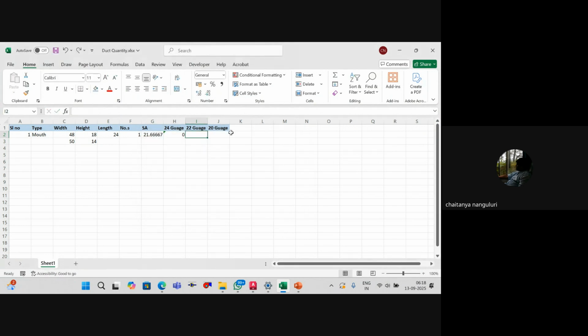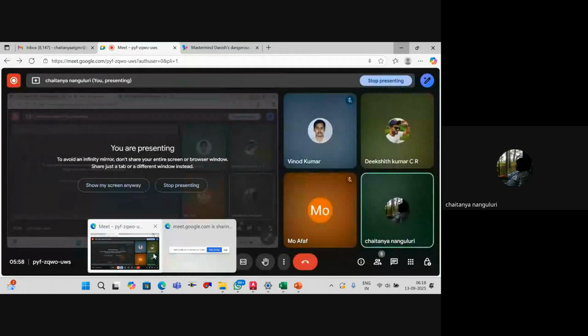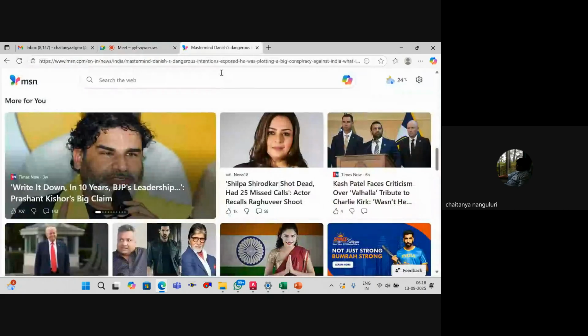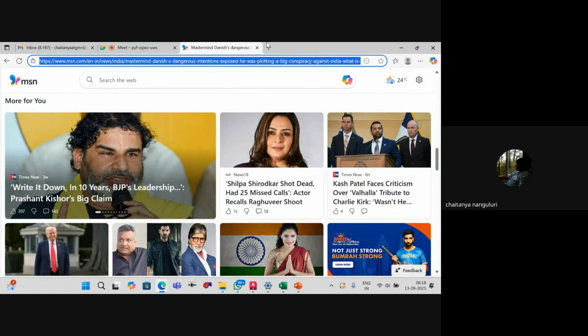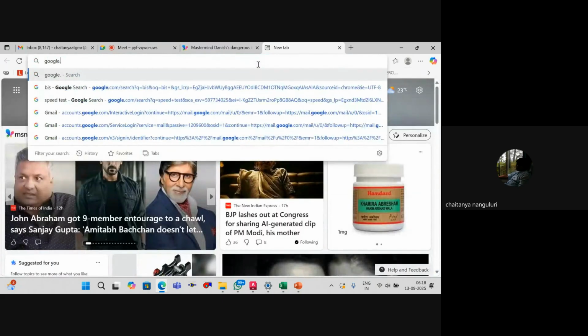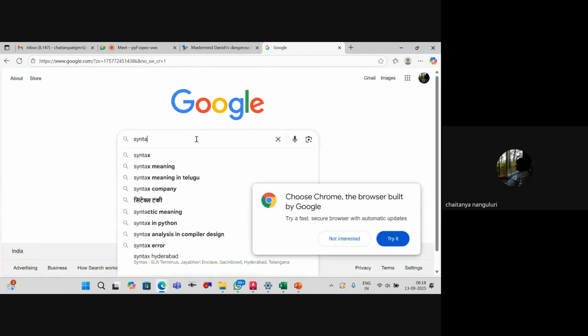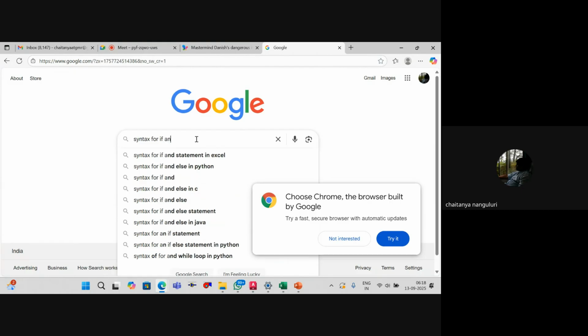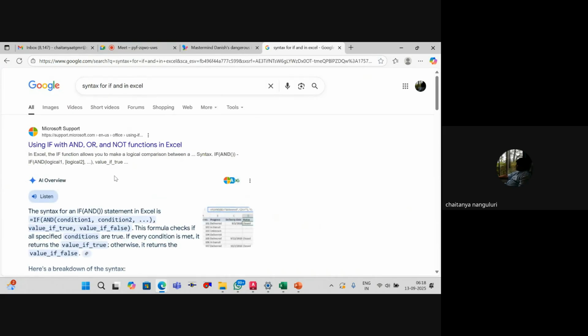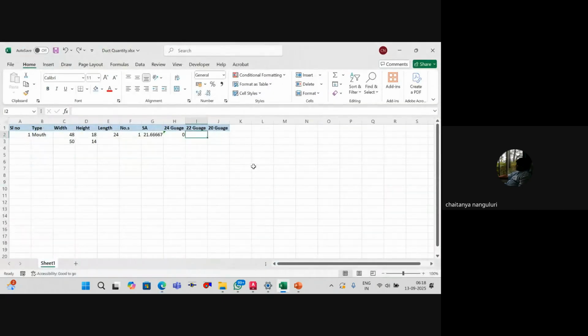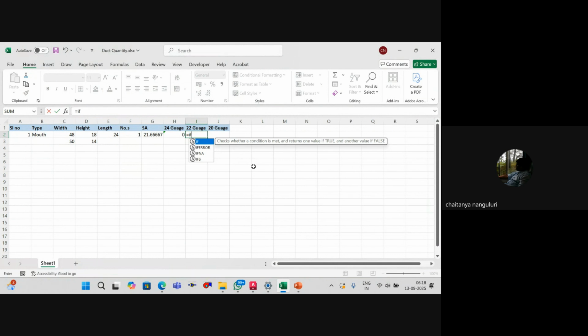Let's Google now. Just a second. We'll just search for this thing. Syntax for if and in Excel. If and condition one, condition two. Right? So I'll just write if and, is equal to if and